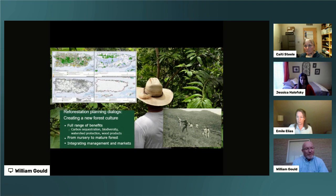at the full range of benefits from forests that include carbon sequestration, carbon markets, biodiversity, wood products, some of those things that kind of expand those benefits that had been on the radar in the last couple of decades. And so we've identified variation in the landscapes across the Caribbean and how reforestation objectives might vary based on the ecology, based on the land use, and how those benefits, or what we would look for in those benefits, would change, and how do we reach a point where we can get those